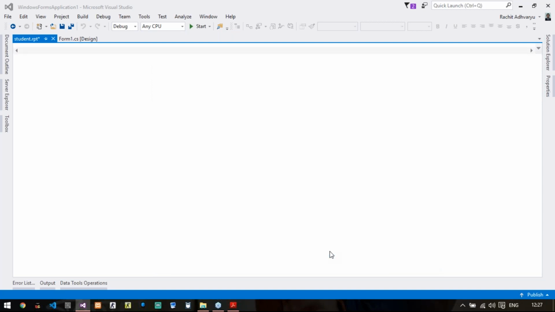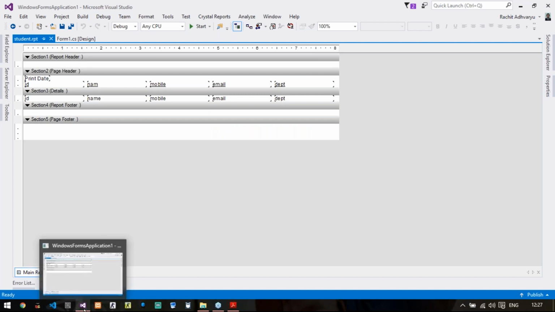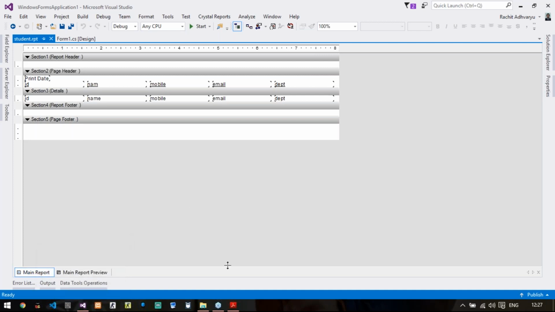Now you can rename. Microsoft Visual Studio has stopped working. So just a moment, students. It has hung, I think. Give me a moment. I'll just reopen my Visual Studio quickly. I don't know why it has crashed.